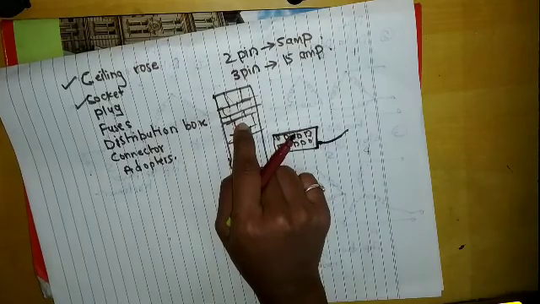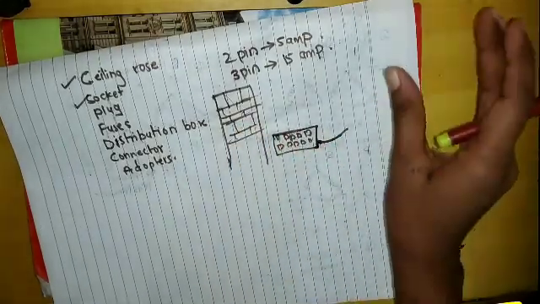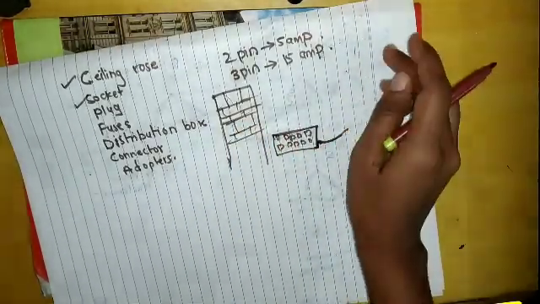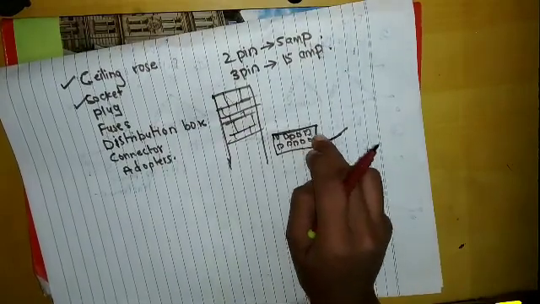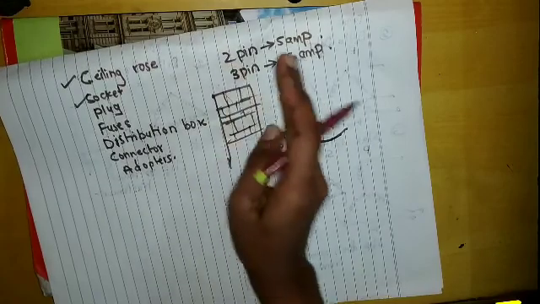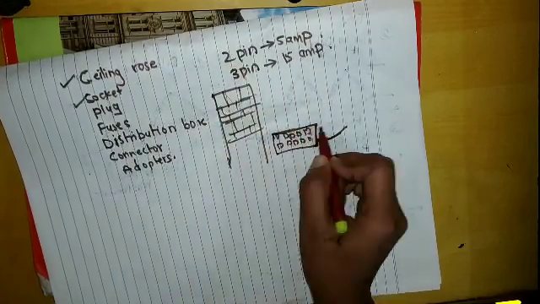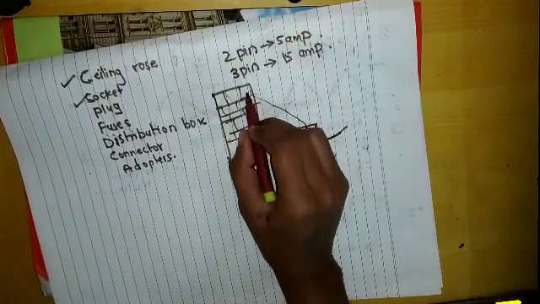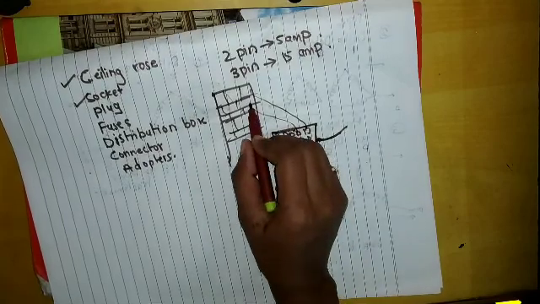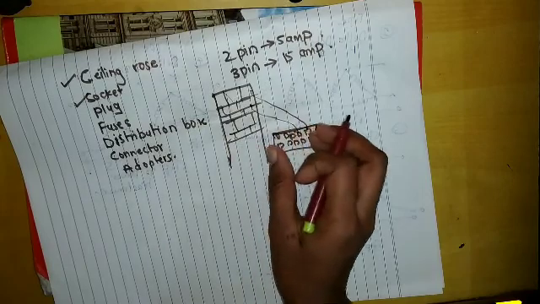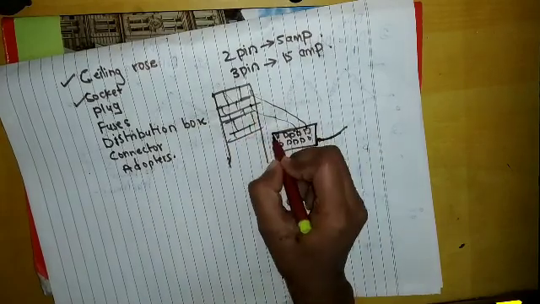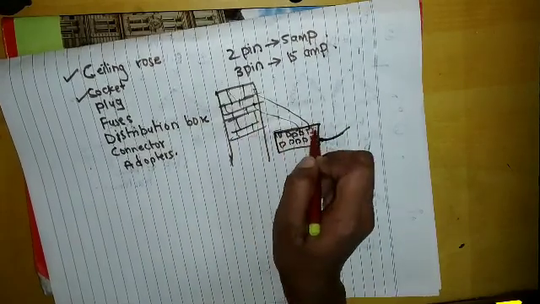Supply main is brought from the main switch. So the main supply, we give it first to the distribution box, and then independently it is given to each circuit. So now from here we can give it to this house, from this we can give it to this house. Numbering is done here, so that numbers are provided on the circuits,